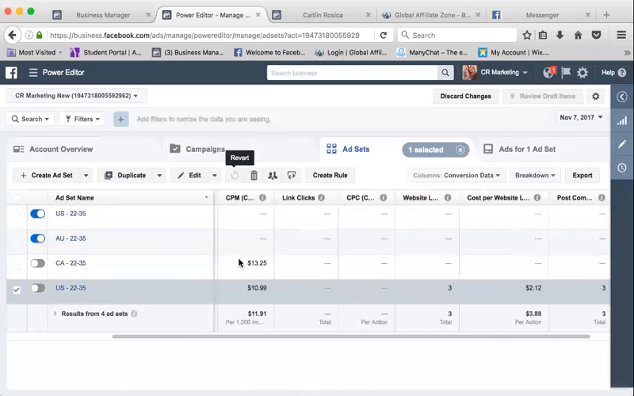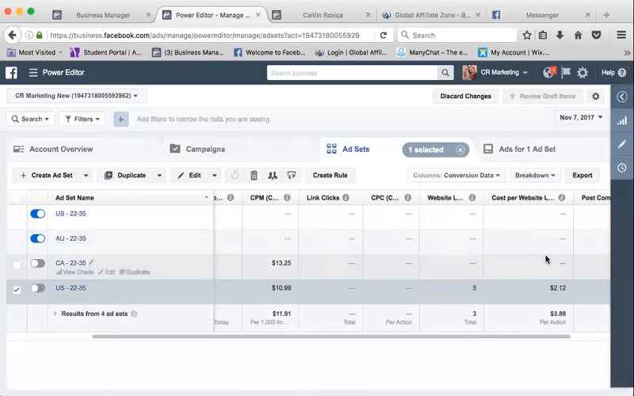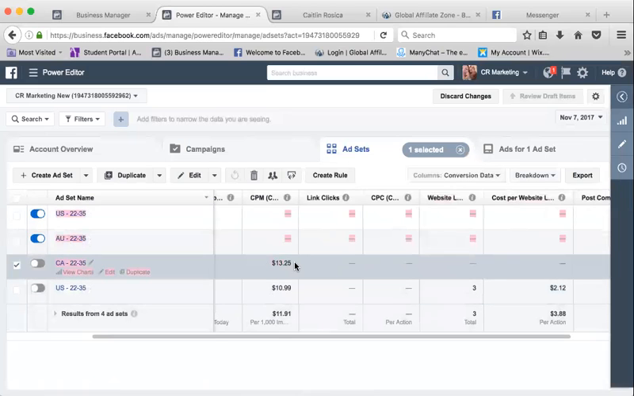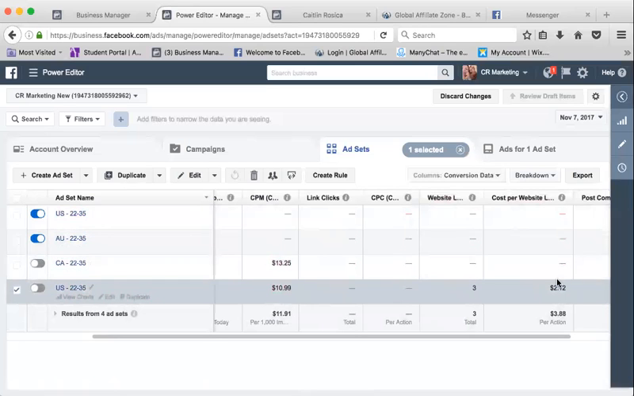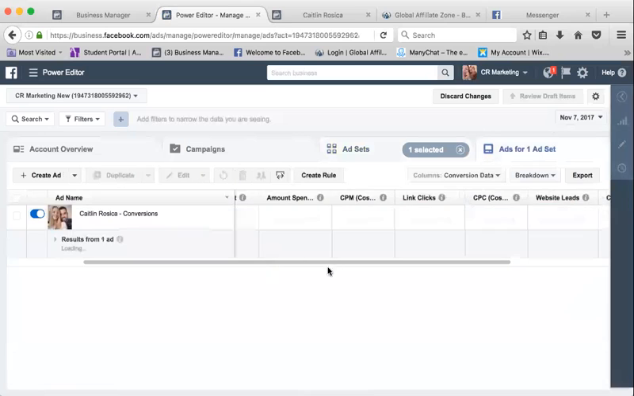And like I said, your CPM and your cost per website lead, these two numbers are directly correlated with each other. Again, this number is high because I didn't have any leads coming in. I wasn't generating any activity, so it was giving me a poor cost per impression. I was getting a low cost per impression here because I was getting conversions and a low cost per website lead. And if we go to our ad set on this day,